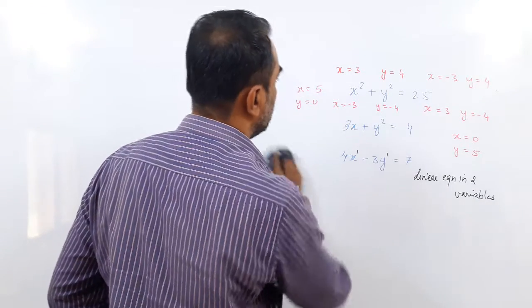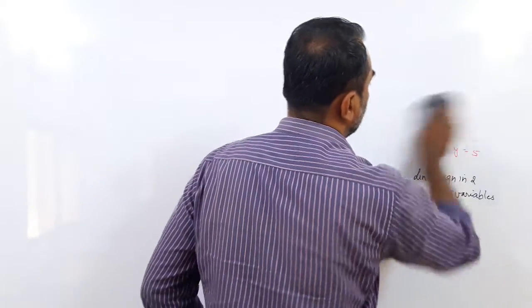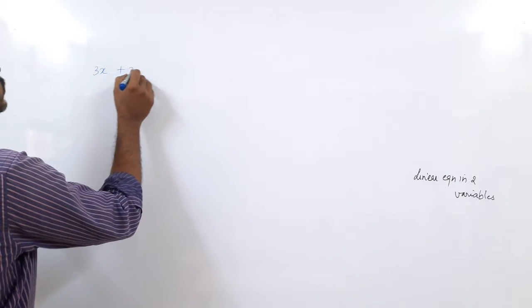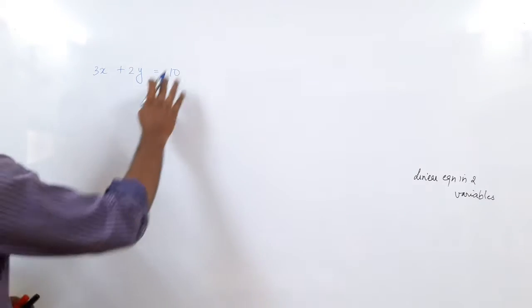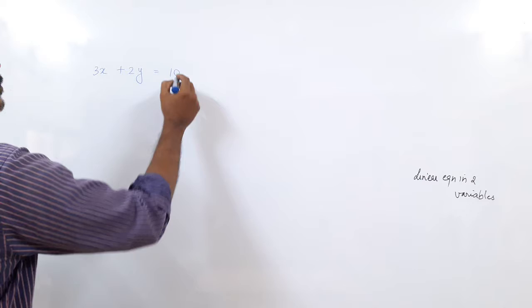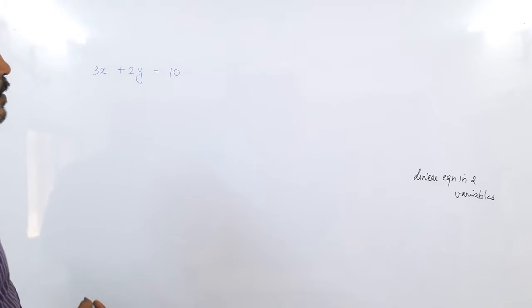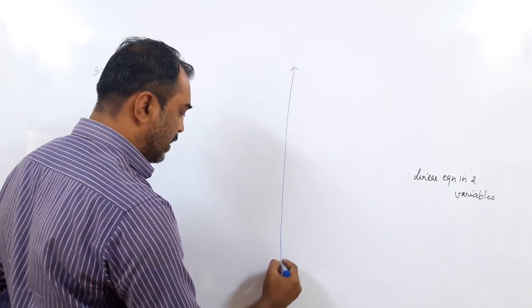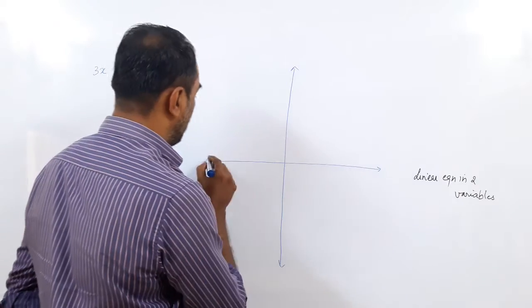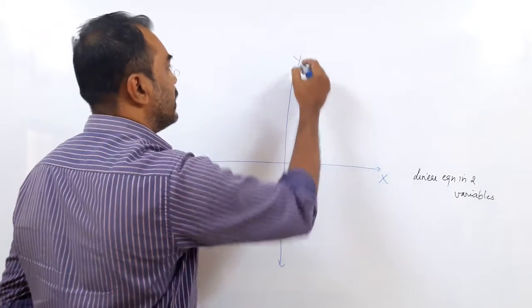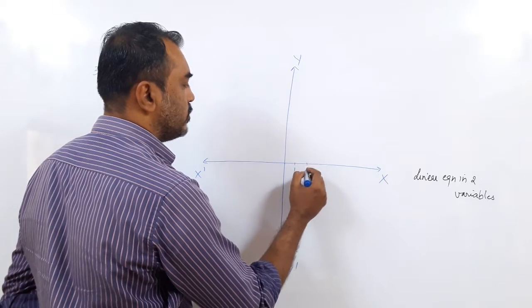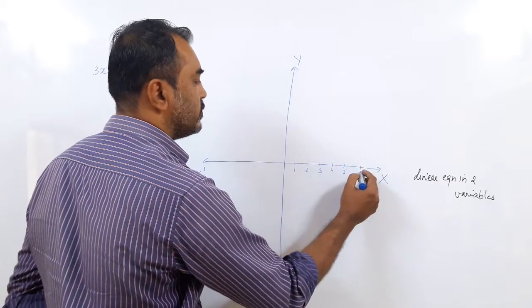Okay? So what will we do? We'll write down a linear equation and begin. Let us say the linear equation is 3x plus 2y equal to 10. Okay? Now this is the linear equation. How do I represent the linear equation on the graph? I know if we make a graph and we have got the x-axis, the y-axis, this is the negative y and negative x, this is 0. So you get 1, 2, 3, 4, 5, 6.